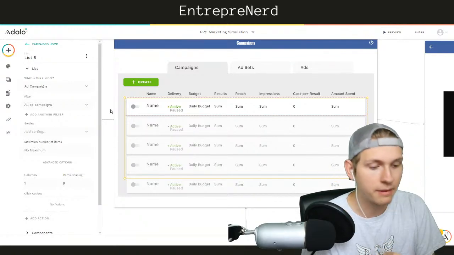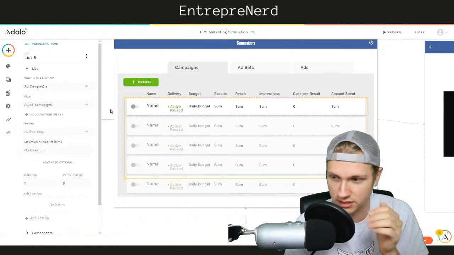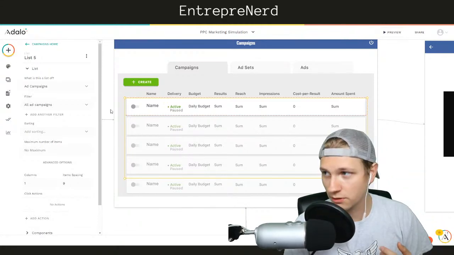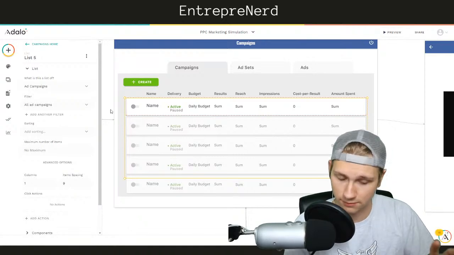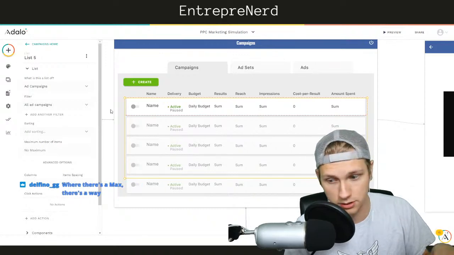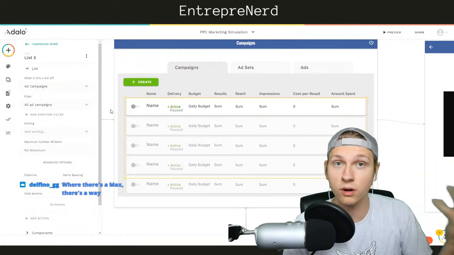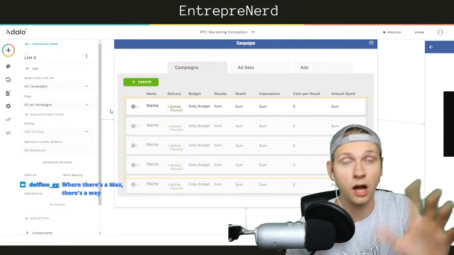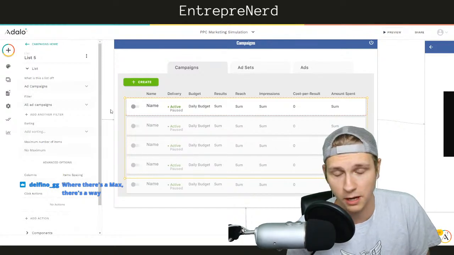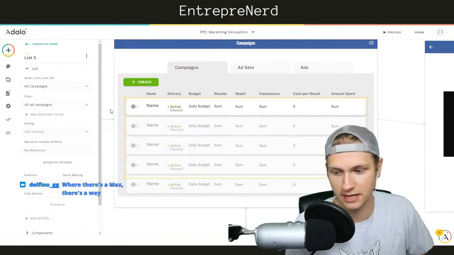But my idea is, this is a piece of software, exactly what Nick said, exactly what Delfino said. It makes it way easier for professors to teach pay-per-click advertising to their students in a marketing class. So I'd sell it to marketing professors. They would go to their programs and say, hey, I want to buy this piece of software. It's $100 a month, like $100 per semester, something like that. Maybe $100 per month. I don't know. No idea what the pricing would look like. It's $100 per semester, let's say.